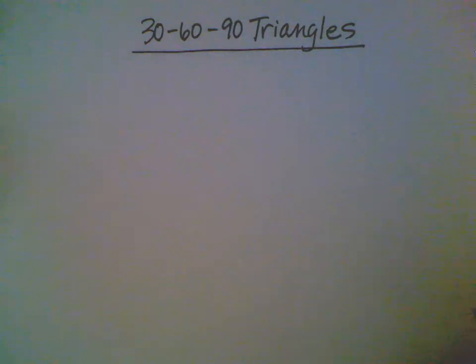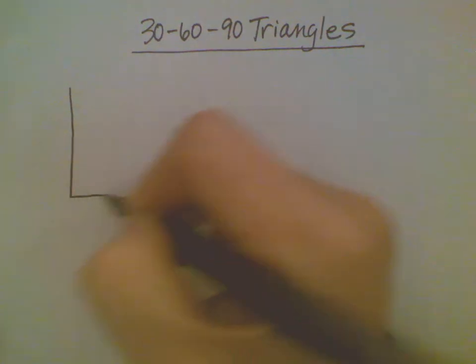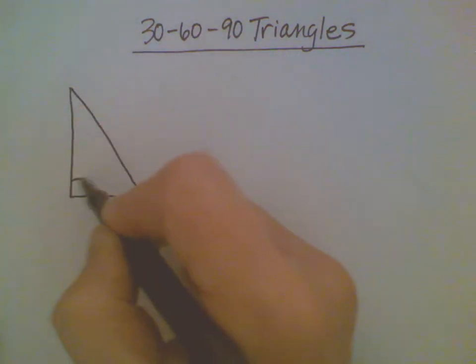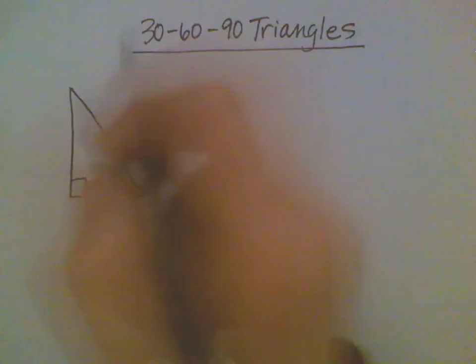So we're going to continue our work with right triangles. Today we're going to focus on the 30, 60, 90 right triangle. We can do a similar technique for solving the right triangle today as we did yesterday with the 45, 45 right triangles. When we have a 30, 60, 90 triangle,